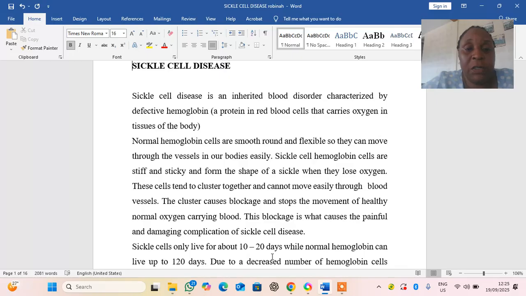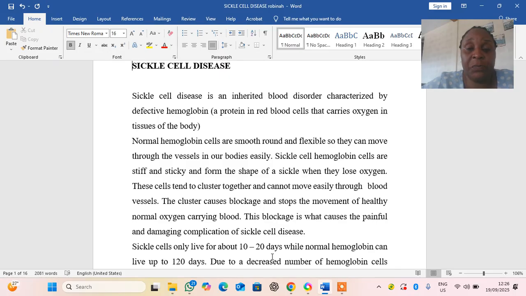So sickle cell disease is an inherited disorder which is characterized by an ineffective hemoglobin, and hemoglobin is that protein in red blood cells that carries oxygen to tissues of the body. So heme is that protein which is attached to a red blood cell, and its aim is to attract oxygen. It is an oxygen receptor, and it will help to re-oxygenate the blood, and then blood is carried through the body. So this time we are talking of an ineffective